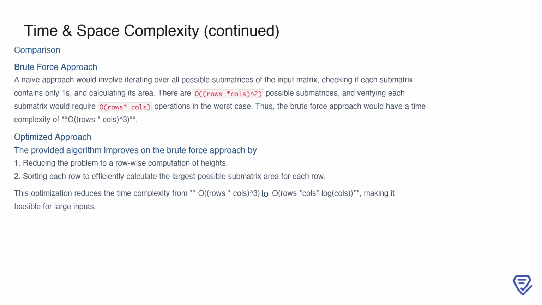In a naive approach, we would iterate over all possible submatrices of the input matrix, check if each submatrix contains only ones, and calculate its area. Since there are O((rows * cols)^2) possible submatrices and verifying each submatrix takes O(rows * cols) operations in the worst case, the time complexity of the brute force approach would be O((rows * cols)^3). In contrast, the optimized algorithm drastically improves this by reducing the problem to a row-wise computation of heights, followed